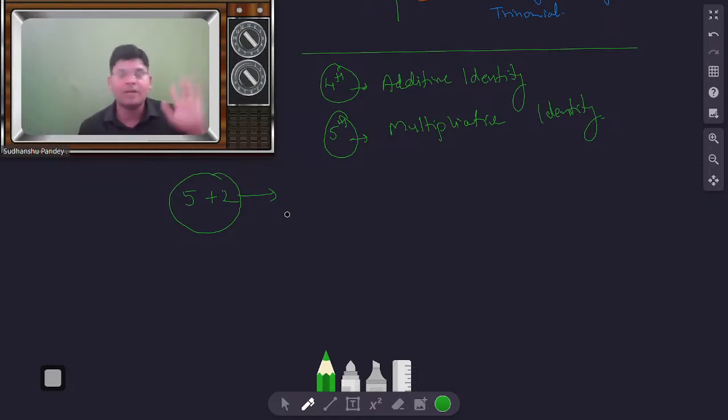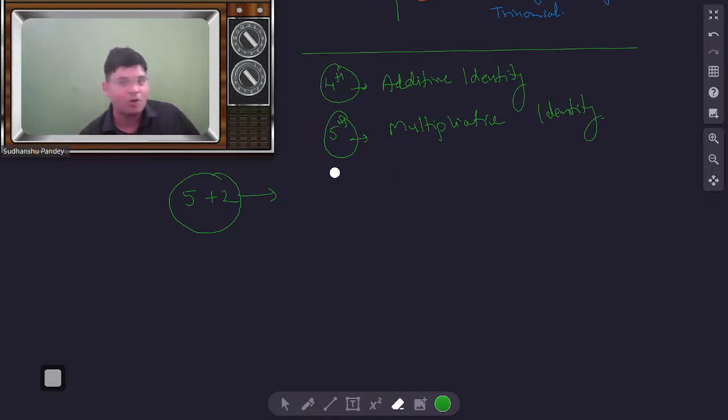Yes, tell me, Vihan. The sum of 5 and 2 is 7. No. If I am writing 5 plus 2 is equal to 7, then you can say the sum of 5 plus 2 is 7. But here I am not doing anything, rather just writing 5 plus 2. That means you can write 2 is added to